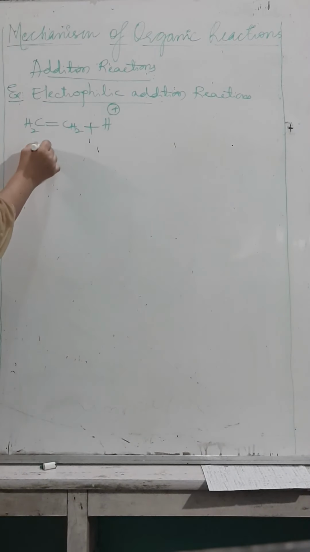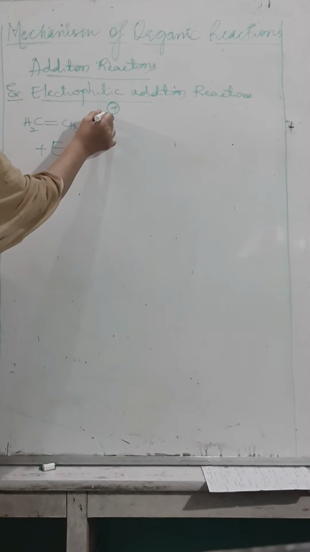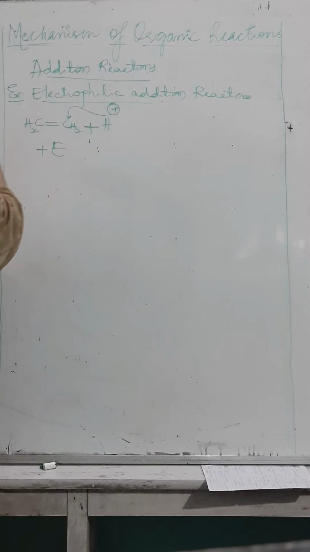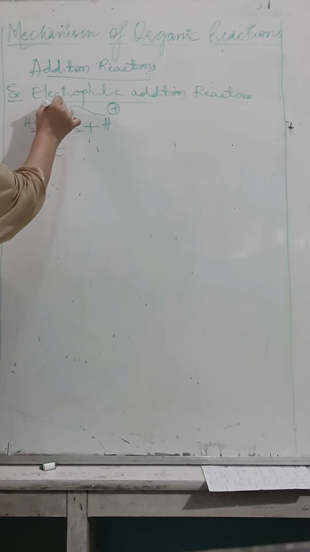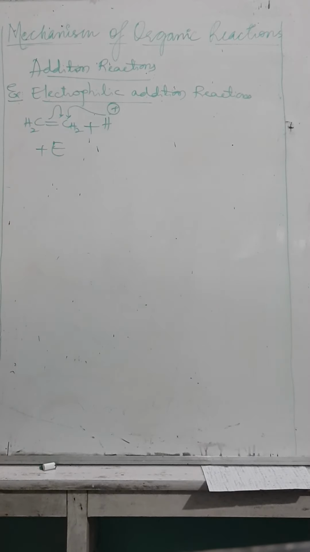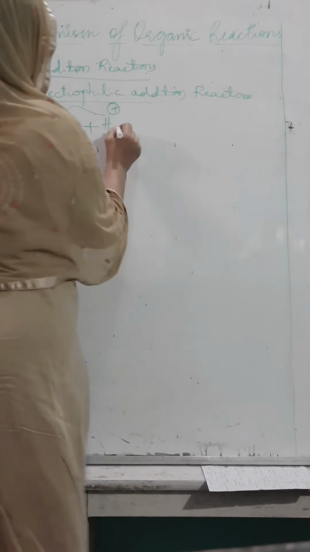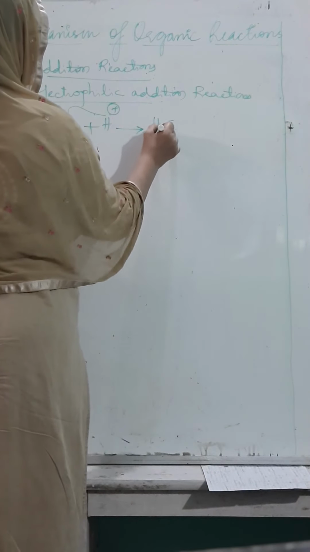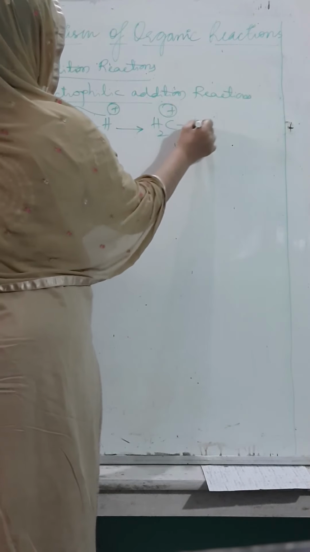According to the positive electromeric effect, the reagent moves to the carbon which takes up the pi electron. It will produce CH2 plus and